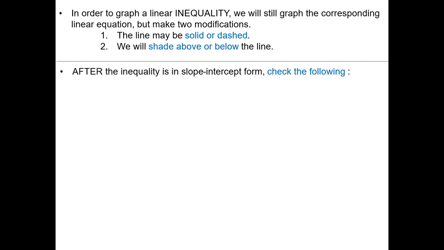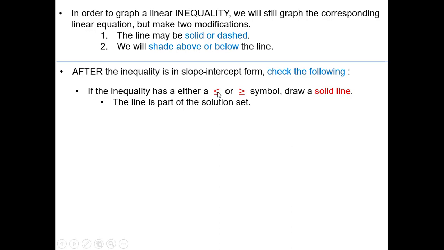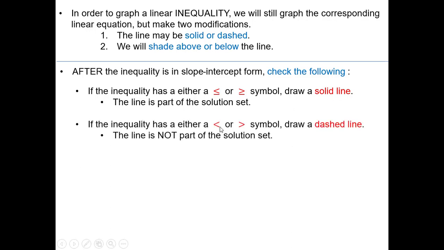So the first thing to recognize here is that after the inequality is in slope-intercept form, we're going to look for either a less than or equal to symbol or a greater than or equal to symbol. If we see this equal to symbol attached to the inequality, that means that anything on the line will work, and therefore we're going to draw a solid line, since the line is part of the solution set. But if we don't see an equal to sign attached to the inequality, that means that the line and any point on it can't be included in the solution set,